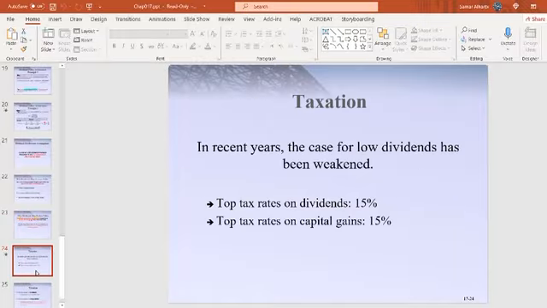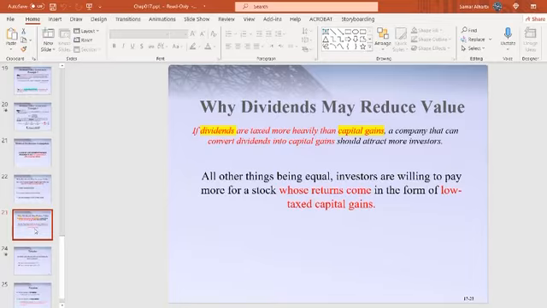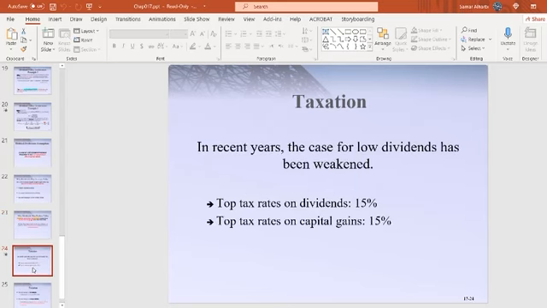However, as I said, most countries have these rules. Dividends are taxed more than capital gains, right? But in the last few years, I guess some countries have made them the same, like the tax on dividends is similar to capital gains. In the US, they are different, similar to what I said before. The tax on dividends is higher, but now there is a trend. They want to make it the same. Okay.